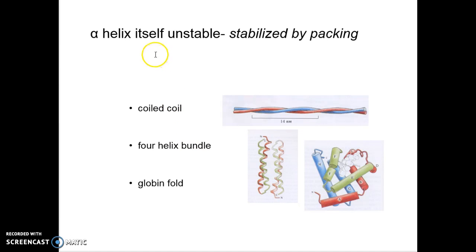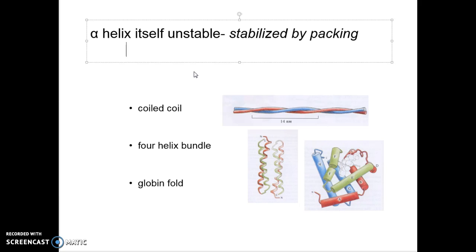First, the class of globular proteins. They actually have different alpha helices, and they interact with each other. The proteins simply interact to make compact 3-dimensional structures. But